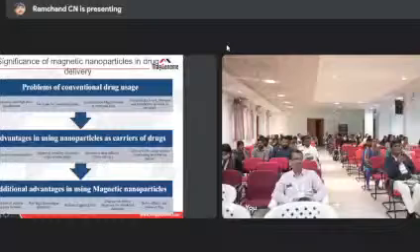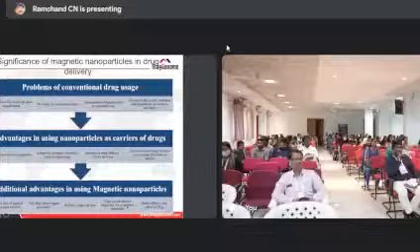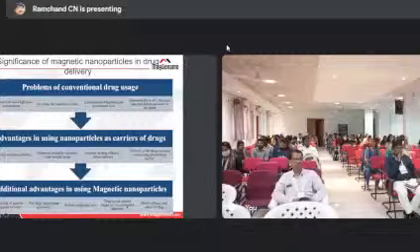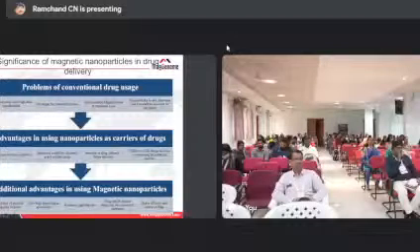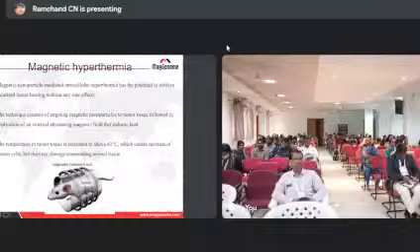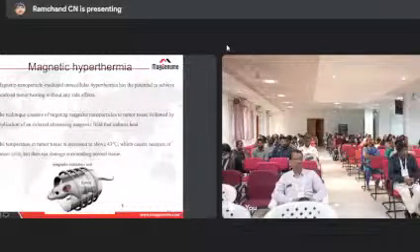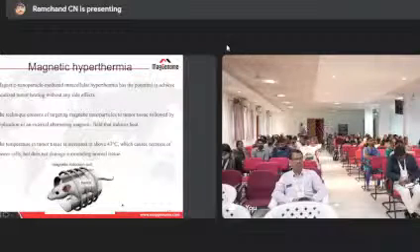Now, the significance of magnetic nanoparticles in drug delivery systems: the problem with conventional drug usage is that you can't target a specific place. In this case, we can do that. Magnetic hyperthermia is a typical example, in which a tumor can be reduced by giving the nanoparticle and